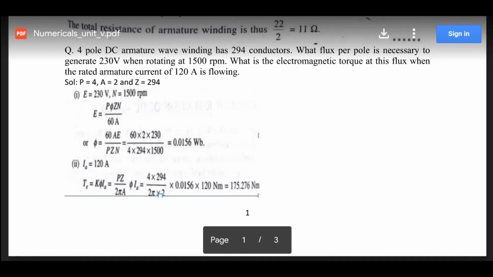So we will substitute these values to get the flux per pole as 0.0156. Okay, whatever it may be. And again, since this value is less, you can also convert it into milliweber if desired. Now the second part, armature current 120 is